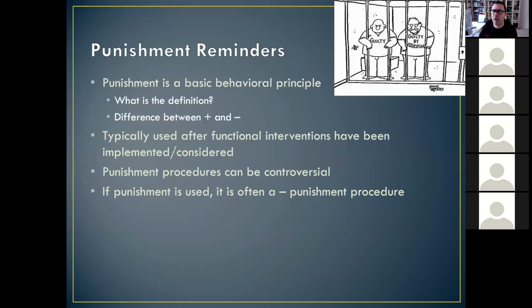Then we'll talk about positive punishment and all the different kinds of positive punishment. And then after that, we'll talk a little bit about the ethics of using punishment. So we can talk about when it would be okay to use punishment, when it would not be okay to use punishment, especially in light of all the possible side effects that the procedure may produce,